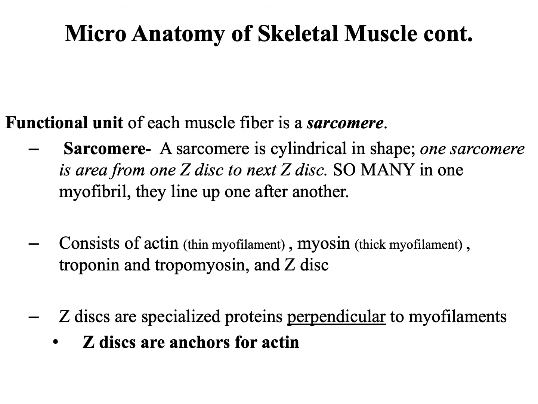All right. So, why do I have to show you all this? From each Z-disc to each Z-disc, that is the guy that's going to make us contract. It's called a sarcomere. That area from Z-disc to Z-disc is called a sarcomere, and you have thousands of sarcomeres per myofibril,